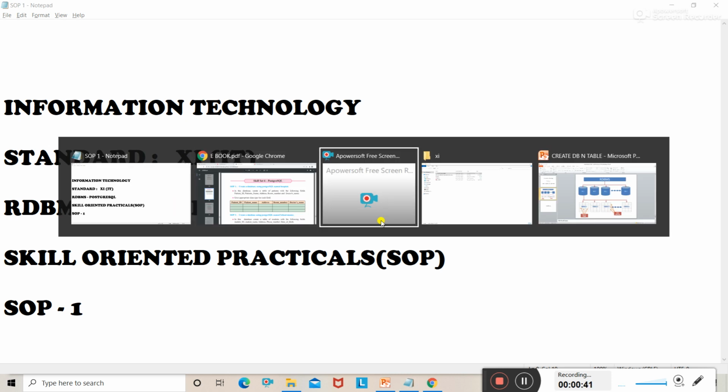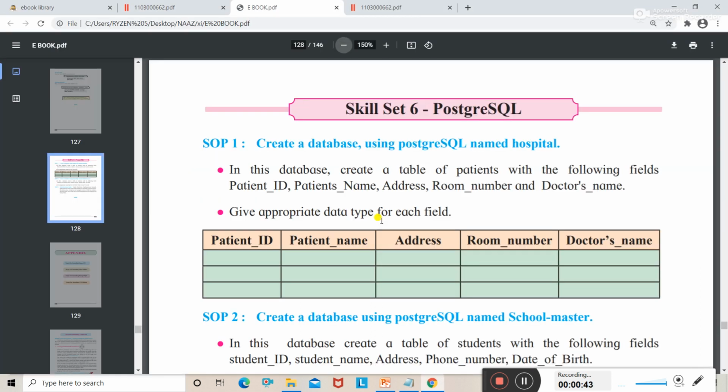So in your textbook, on page number 117, there is a PostgreSQL practical skill set 6, and the question for SOP 1 is: create a database using PostgreSQL named hospital. What you are supposed to do?